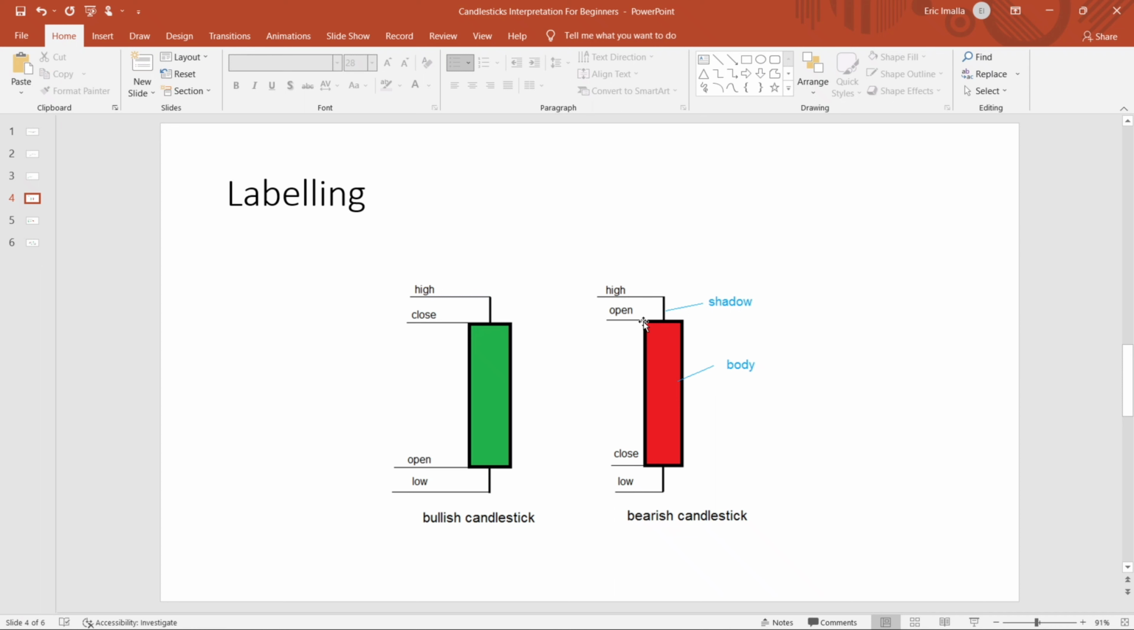So price opened here. After opening here, price first tried to buy a little bit, but it faced rejection. So because of this rejection, this highest point where price reached during that 1 hour, we call that point the high. But after this rejection, price came back down and it sold. It sold all the way to this point. So this is the lowest point where price sold to within that specific time period, which is 1 hour in